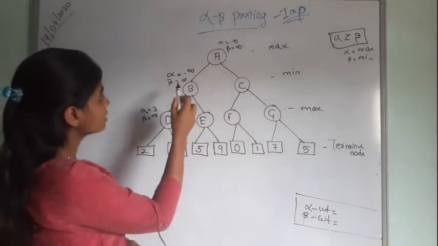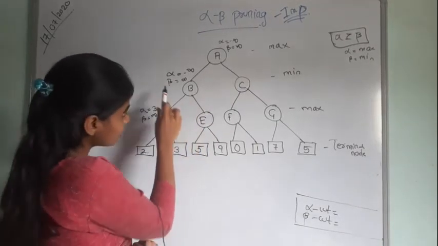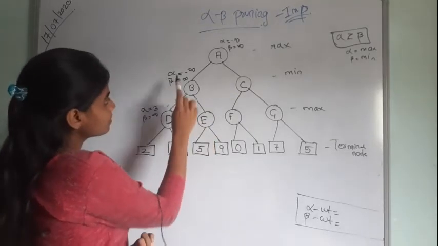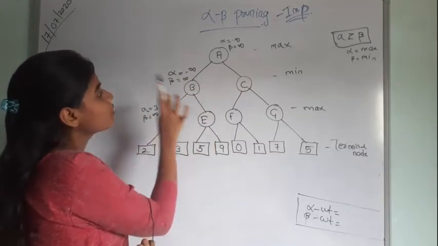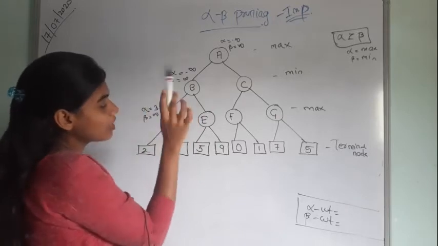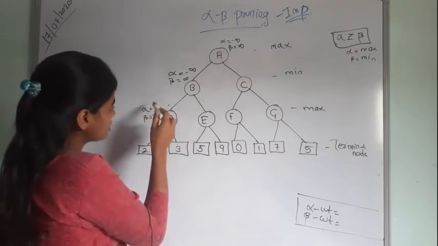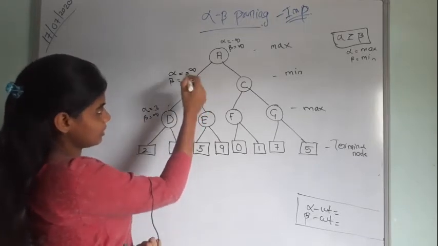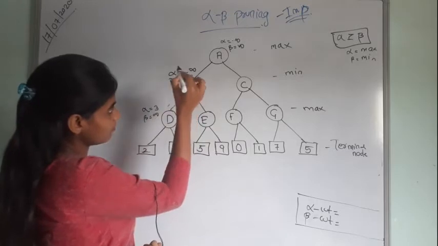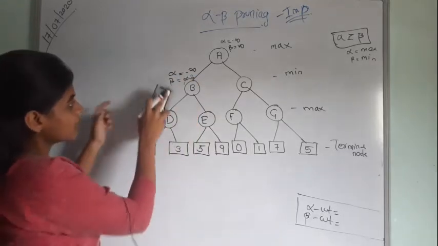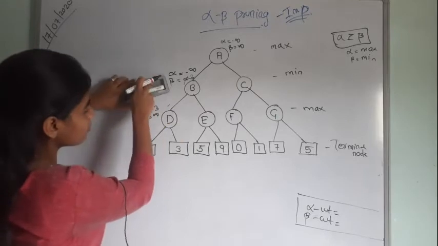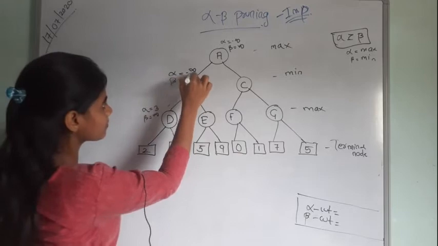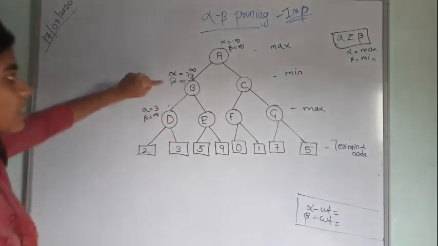Here you can see that this row is about minimum, so you can only change your beta value. You can't change the alpha value. So you will keep the alpha value as it is and only change the beta value. Beta will take only the minimum value. You have to see this down part, which value is minimum. You can see 3 is lesser than infinity. So we'll cut infinity and put 3. So here I got the beta value as 3.